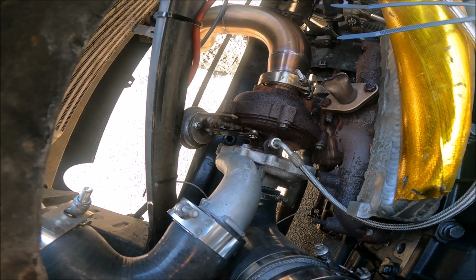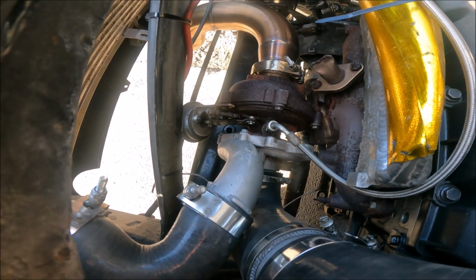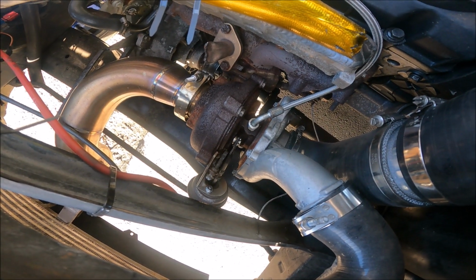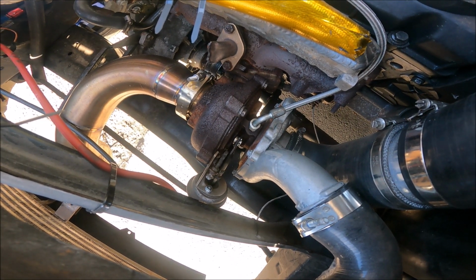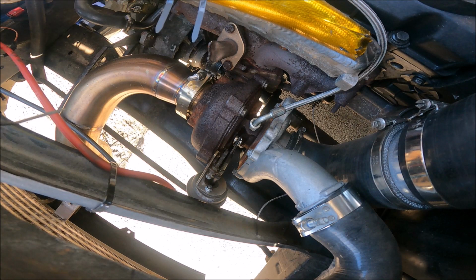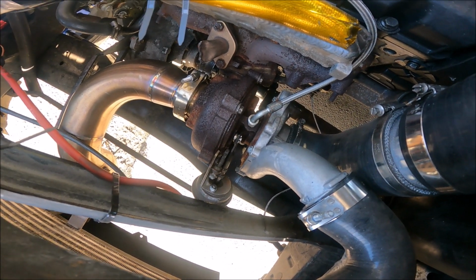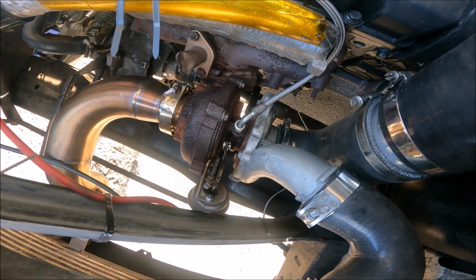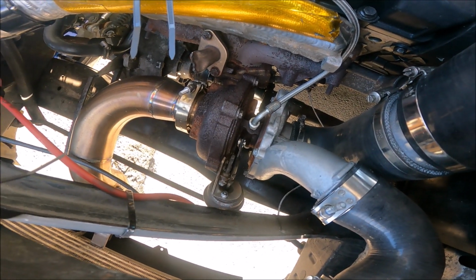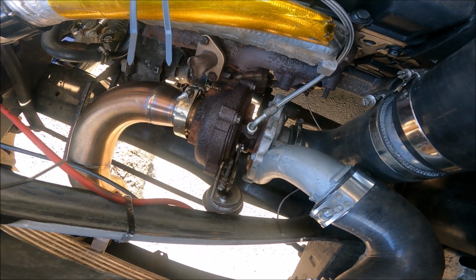I want to see where it is at full whack, because in my opinion it's too far closed. The thing is, spool will come from more power, so more fuel, or from that being more closed. And it's possible, I'm not a mapper, so I don't know this for sure. I would have to do some mapping to check, but in my head I do feel that if you were fighting to make it as clean and as lean as possible,